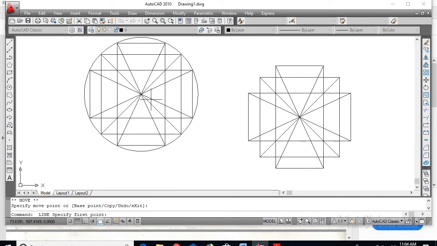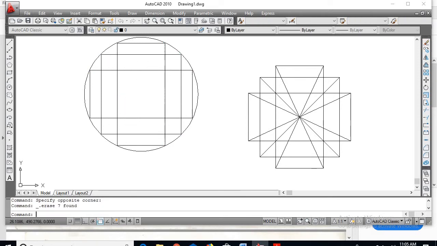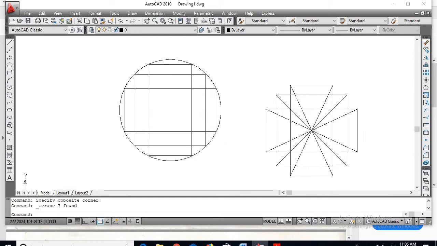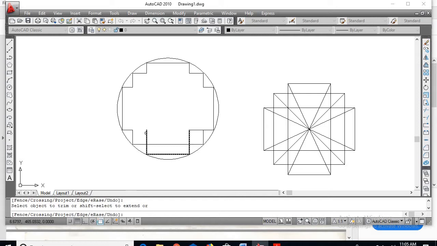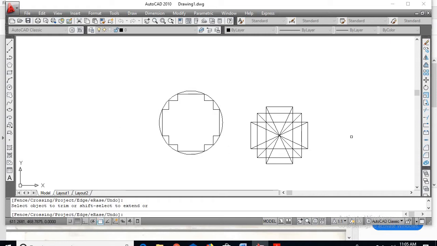Now remove all the diagonal lines. Select all the diagonal lines, delete. Now go for trim command, right click, and trim the unwanted portions of the lines. So there is the 3-step core. Now this you can delete.